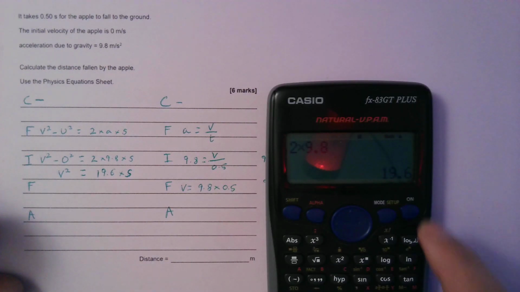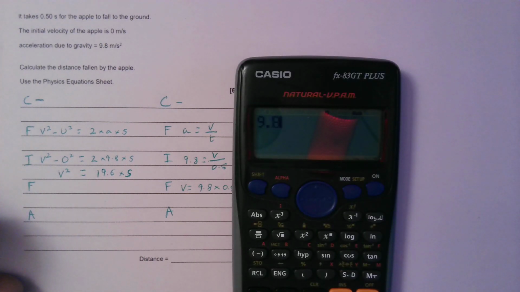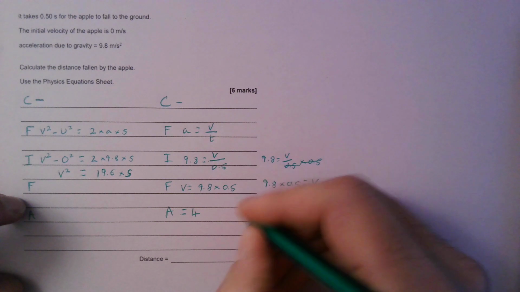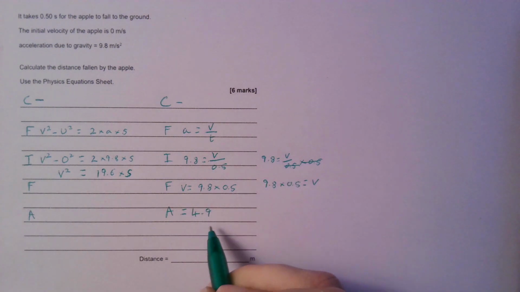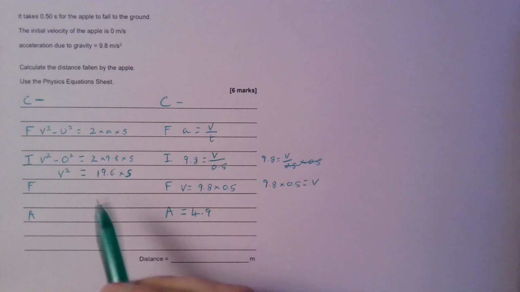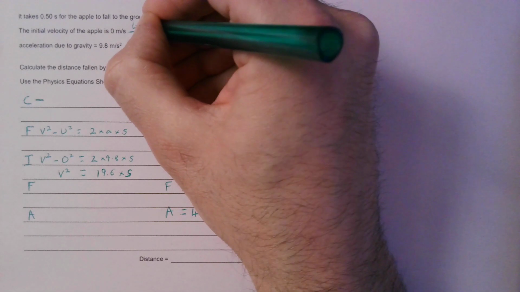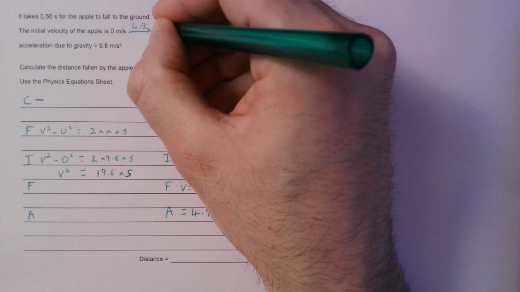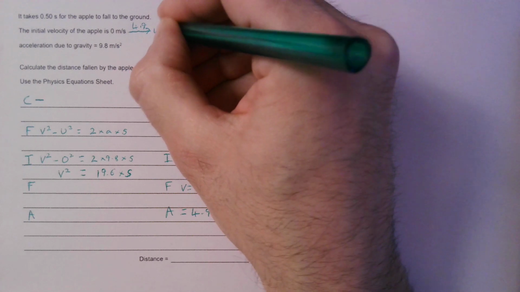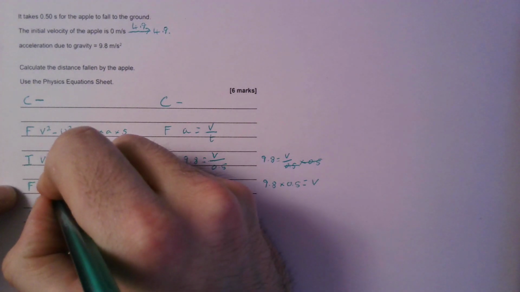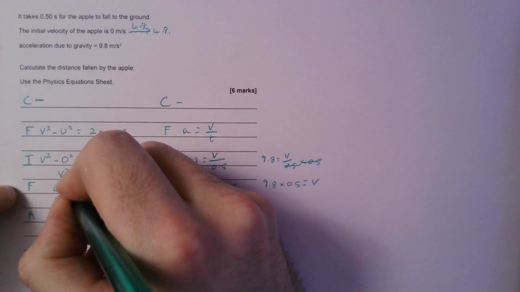We do that on the calculator. 9.8 times 0.5 gives us 4.9. So the answer, 4.9, is the change in velocity. We know that it starts at 0 and it changes by 4.9, so our final velocity must be 4.9. So what we're going to do is put that into our equation: 4.9 squared equals